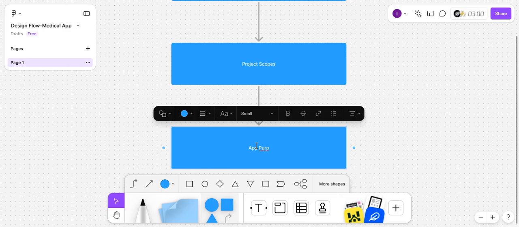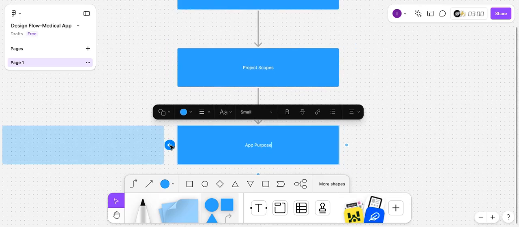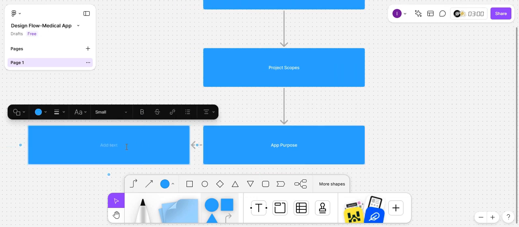Why are we creating this application? So we'll include that in detail in the file I will share with you in the group. So what is the purpose of the application? And inside the project scope again, we're going to have one more that also describes who our target audience are, and we'll also have one more